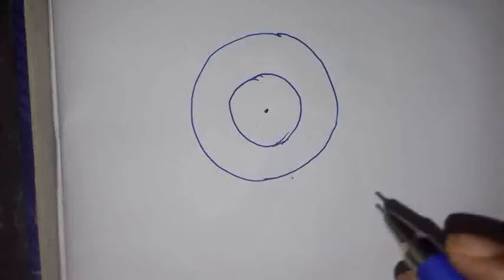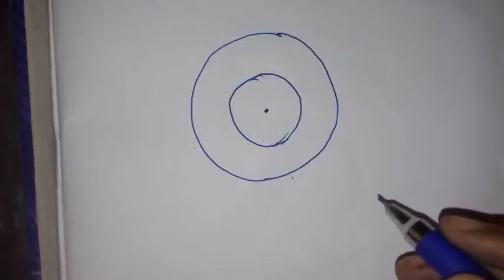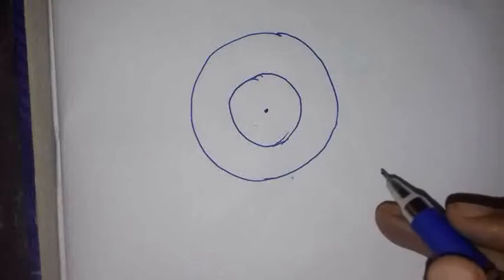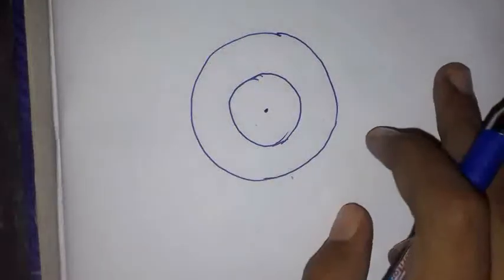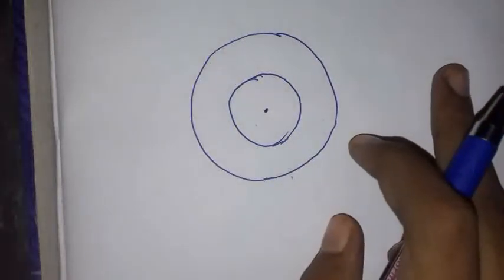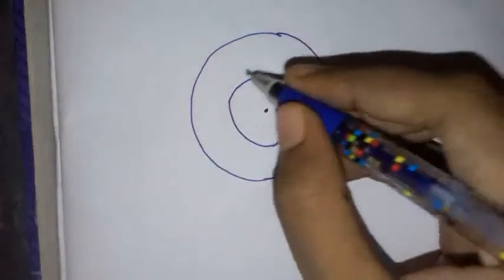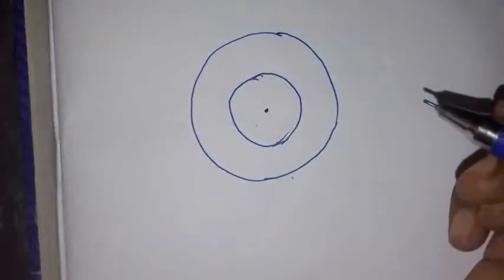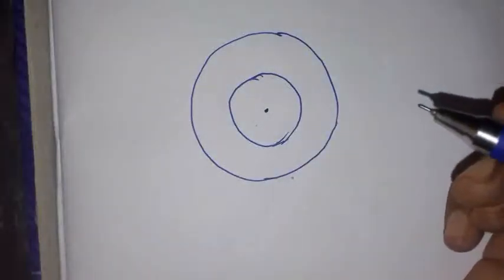Give some examples of concentric circle. Archery target, carom board coin, water ripples are some of the examples. You can also say some more examples. What are they? In a wheel, there will be two layers. So it also has the same center. So this is also an example of a concentric circle. Okay.